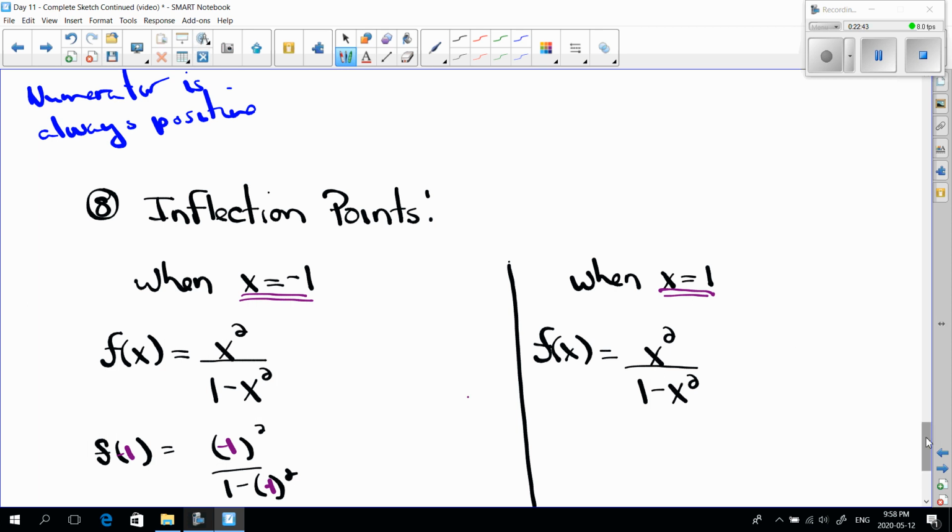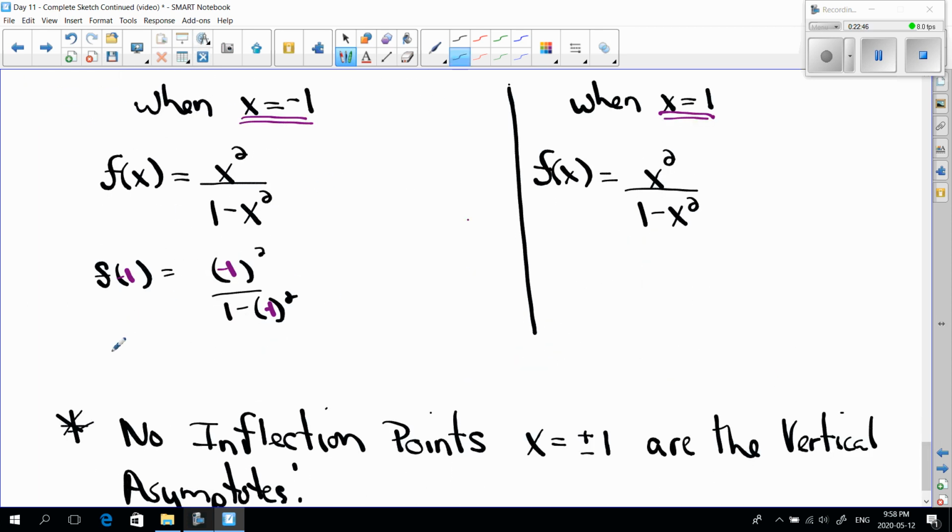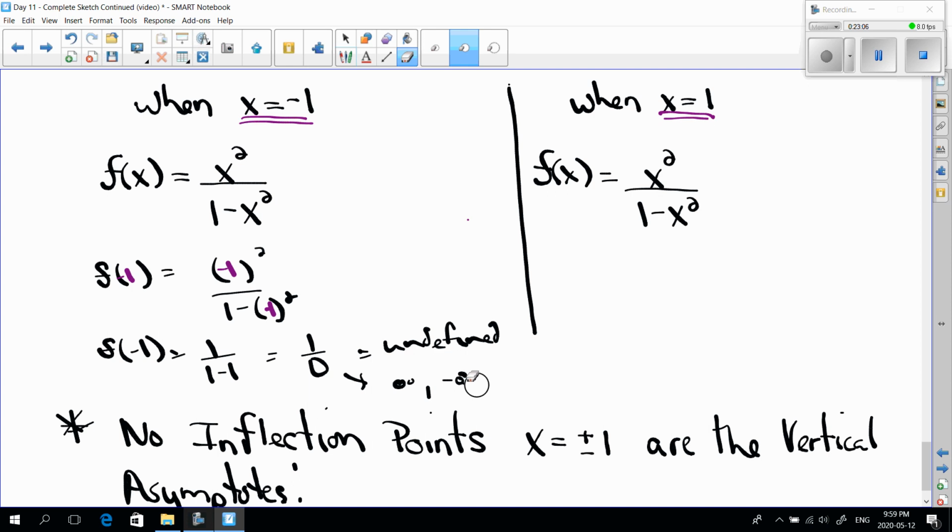And the math will show you that this works out to be 1 over 1 minus 1, or 1 over 0, which is undefined. Okay, it's actually going to either infinity or -infinity. That's what we'll check out in a minute here. When you have a number divided by 0, we have what we call an infinite discontinuity. Okay, and by a similar process over here,